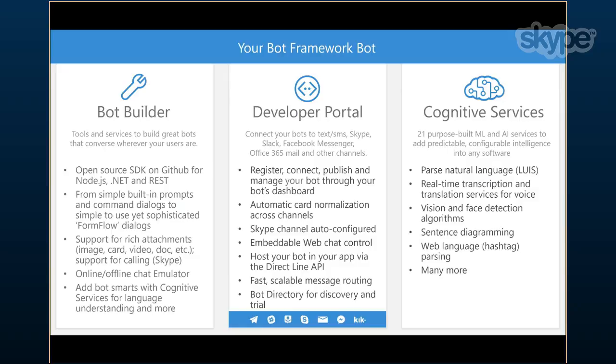One of the interesting things about building a bot is that you can obviously connect your bot to multiple channels. And it's possible for you to examine the channel that you're on and modify the behavior of your bot based on the channel that you're on. I would recommend, however, that you build your bot independent of knowledge of the channel that you're connected to. Each of the channel adapters, the pieces of code that sit between the bot connector and the messaging service, and we'll see this, I think, actually on the next slide, will change the behavior of the messaging that you're providing to meet the capabilities of the channel that you're connected to.